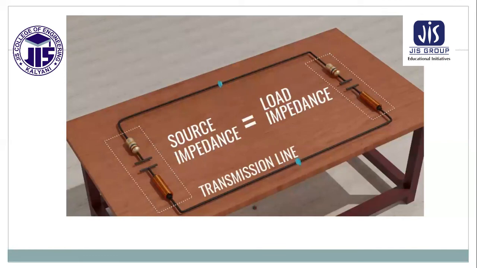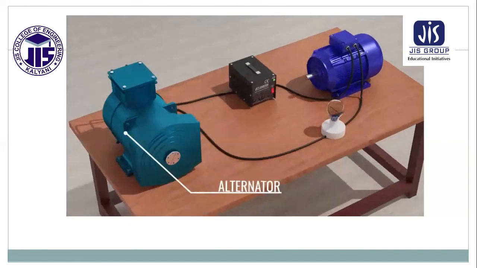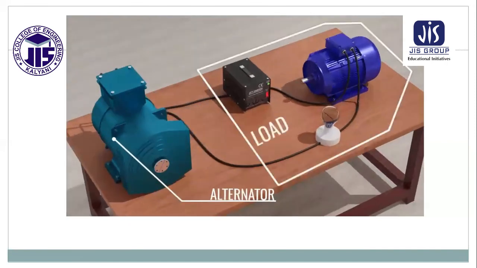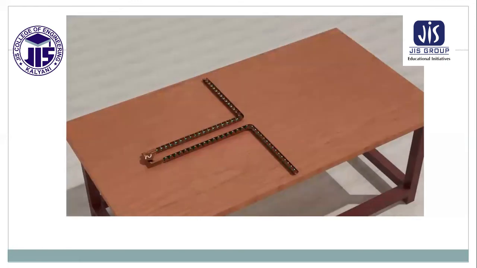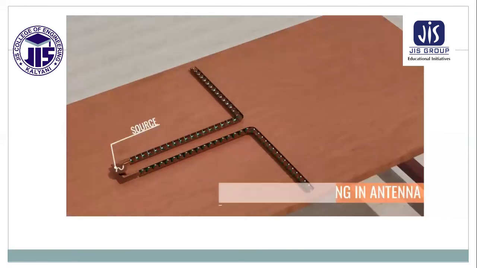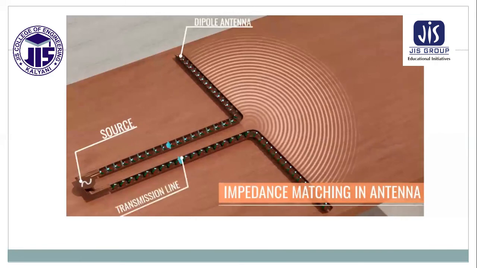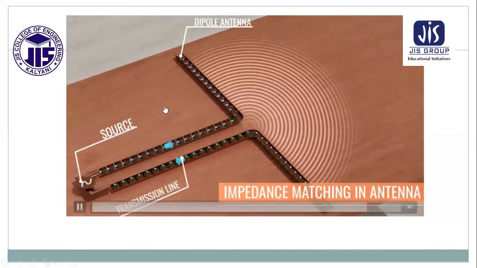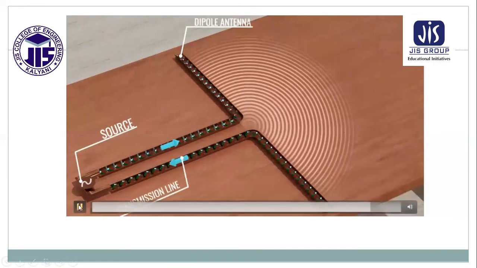For further understanding, let's take an example of a circuit containing an alternator as a source and a motor, bulb, etc. as a load. In this setup, to achieve maximum power transfer from alternator to the load, the impedance of the load must match with the impedance of the alternator. A similar impedance balance is required in the case of an antenna system. Since an antenna works on high-frequency signals, the impedance of the transmission lines also becomes important. Hence, to achieve maximum power, the impedance of an antenna should match to the impedance of the source and transmission line as well.